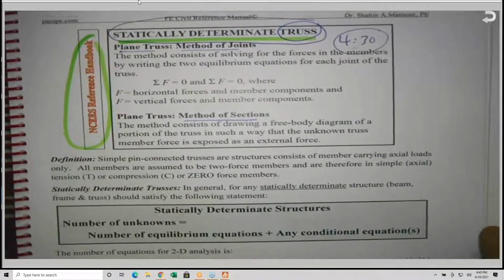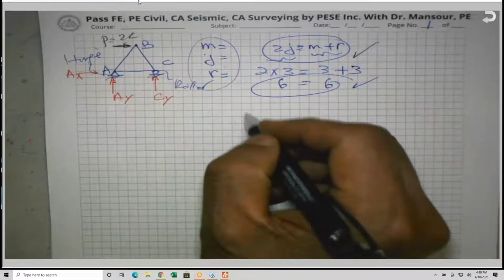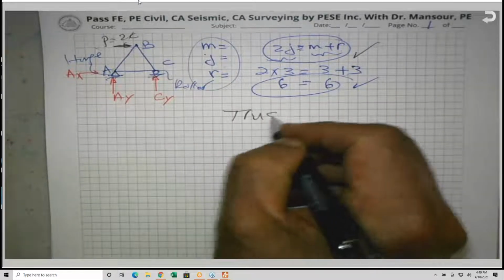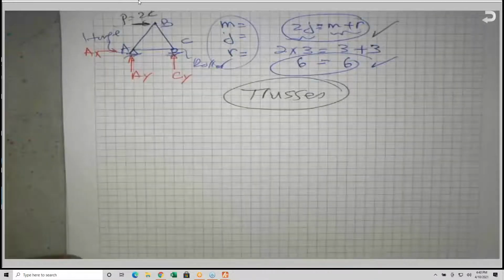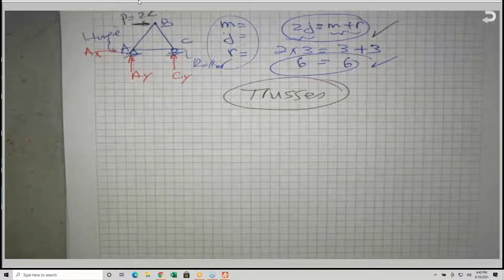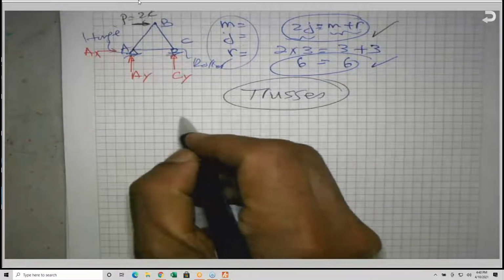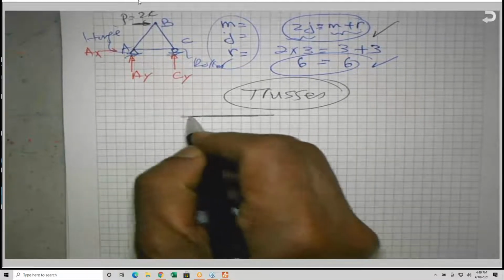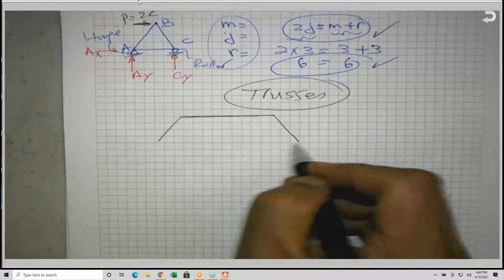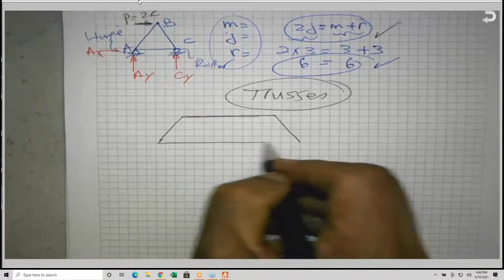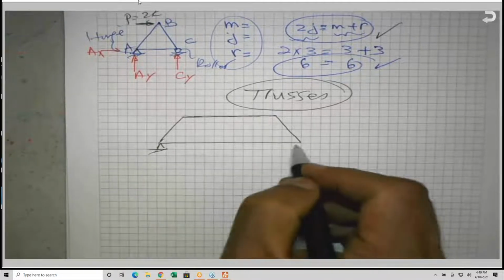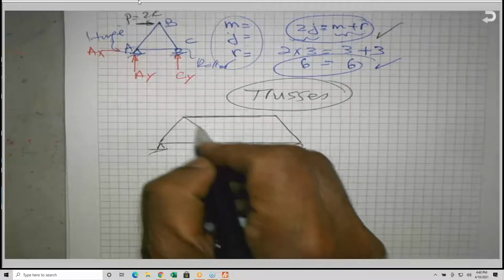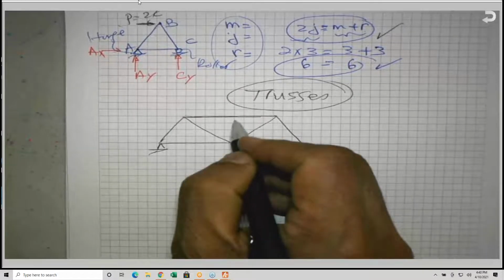So our objective from the truss analysis: trusses are structures that consist of members connected together at joints. Okay, and there are about 6 or 7 assumptions. Nobody will ask you to memorize them, but the major assumptions, if you look at this truss here,